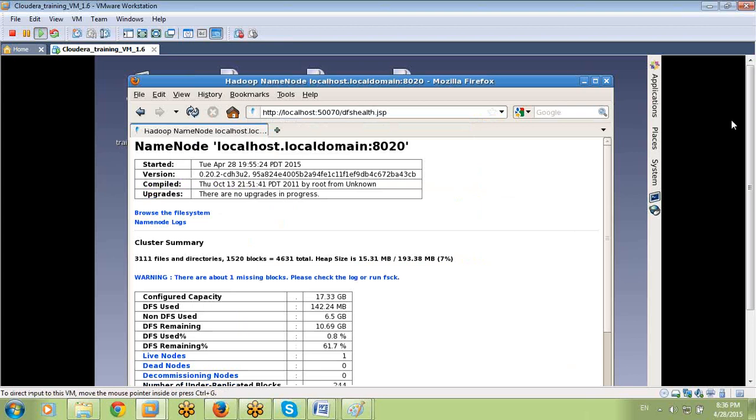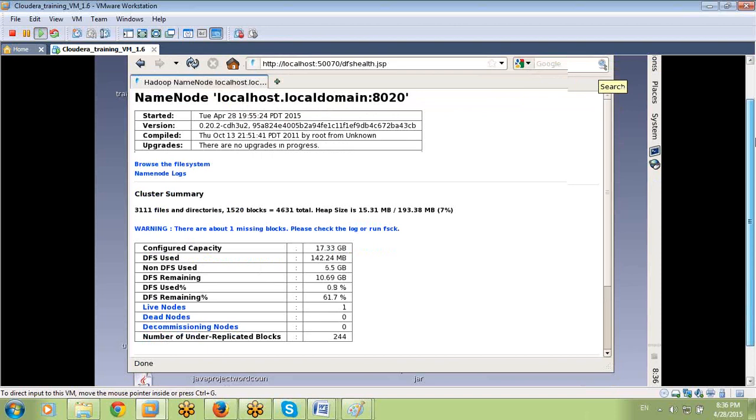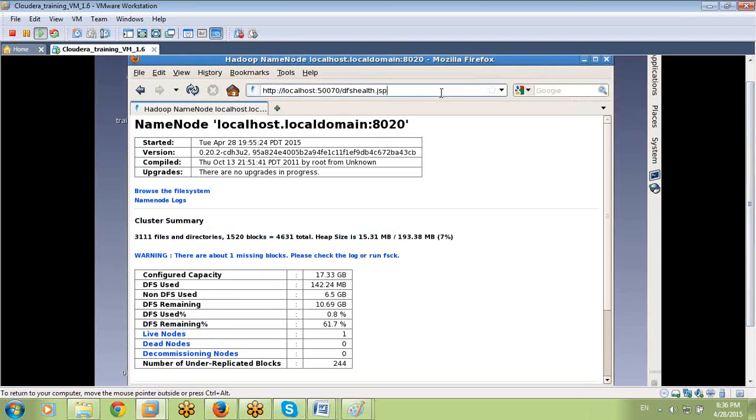Yes, this is my HDFS name node configuration. The details are available here only. You can also check it on your desktop, in our VMware. Copy this, paste it. I pinged the command in the chat box, so you can copy paste also. Just type that command, enter. It will display the configurations of your name node, everything.